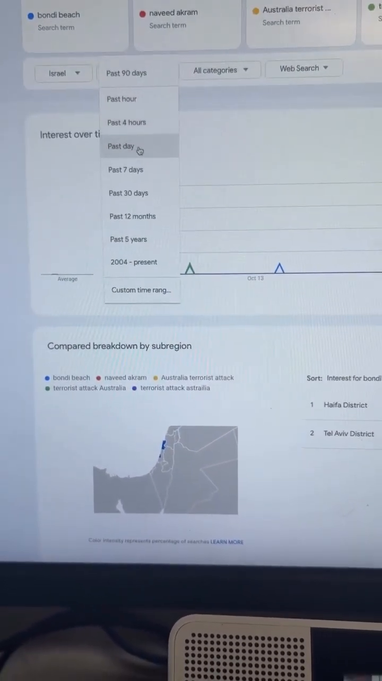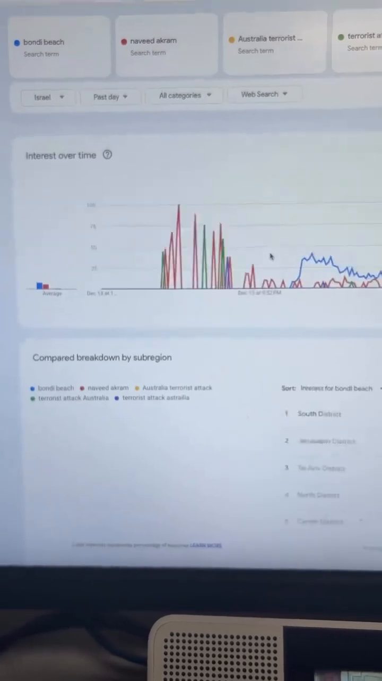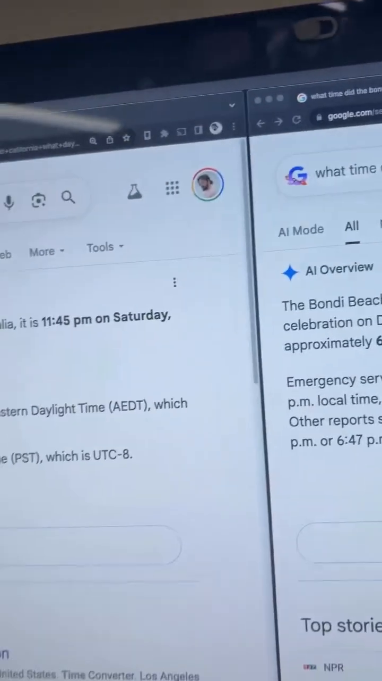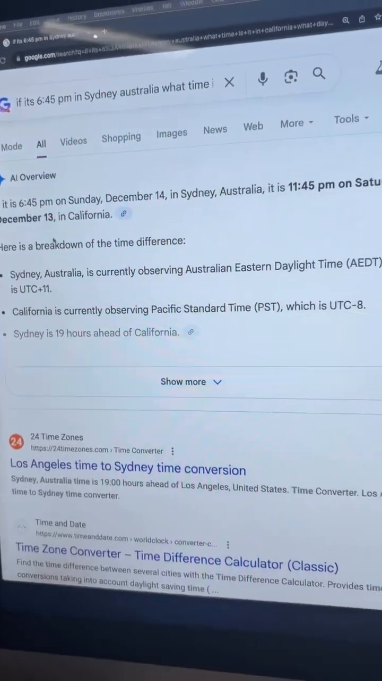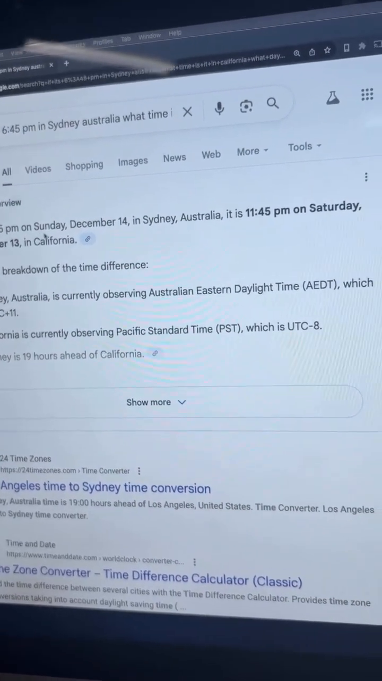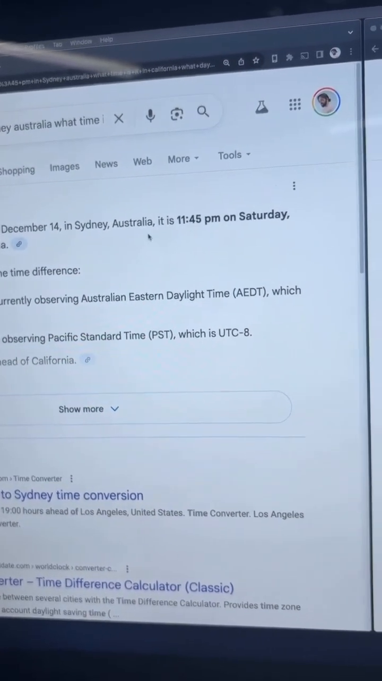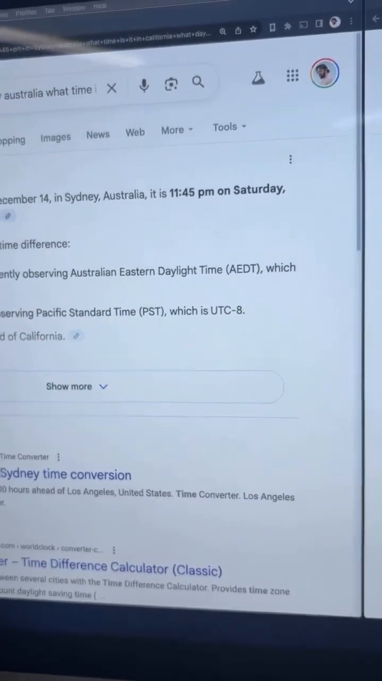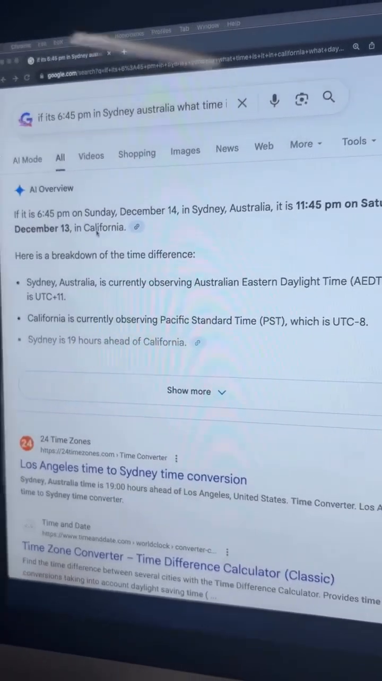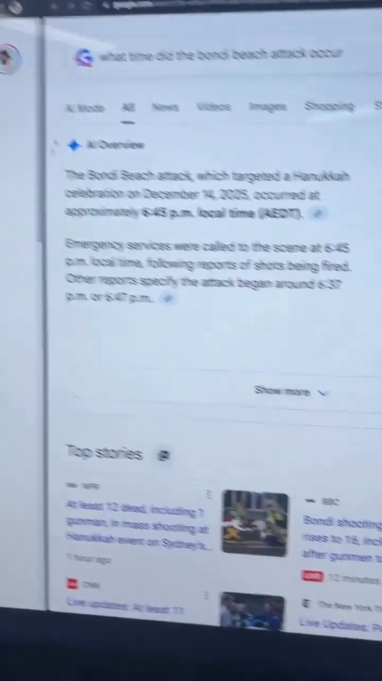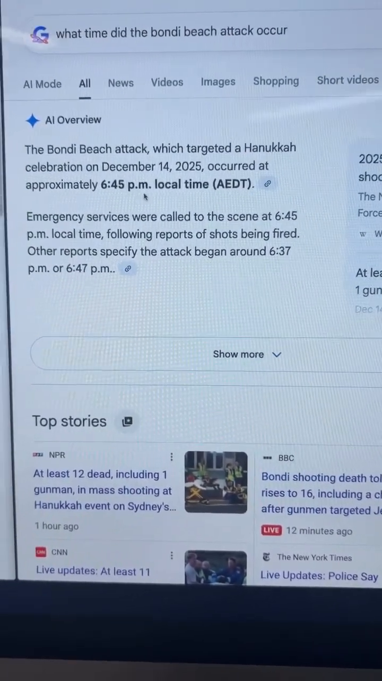Let's go into the past day, because this just happened, right? So the past day, let's do some math though. We're gonna have to do some math here. It says, if it's 6:45 on Sunday, December 14th in Sydney, Australia, it's 11:45 Saturday, December 13th in California, because we're in California. So we gotta do the California math, right? Okay, Bondi Beach attack was targeted, happened at